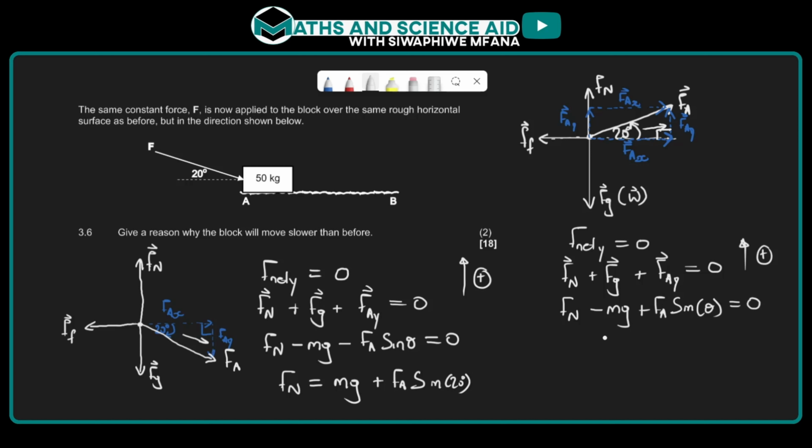So equal to 0. And we can also make Fn the subject of the formula here. So if we take negative mg to the right hand side, we will have positive mg, and then we will have minus Fa sine of theta. And even here for our theta, we still have 20 degrees. Okay,